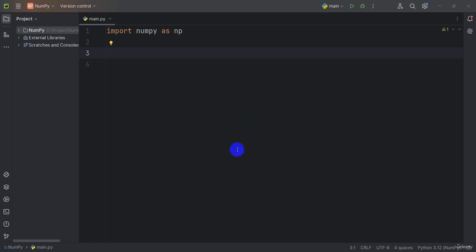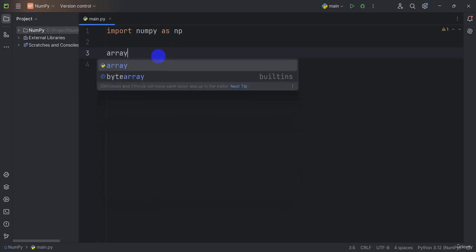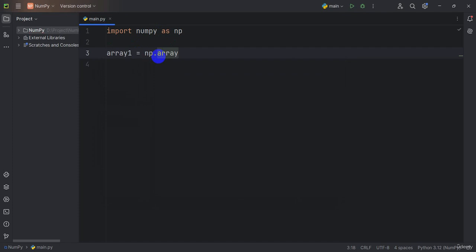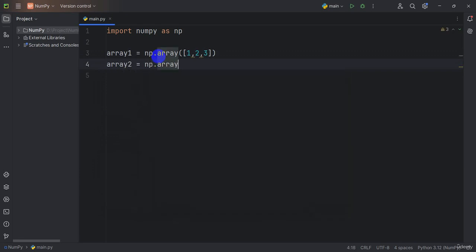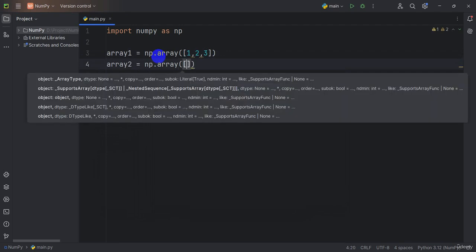You can see I've already imported the NumPy library, and I'm creating the broadcasting example. Array 1 is equal to np.array with elements 1, 2, and 3, and then another array, array 2, using np.array with square brackets and the elements 10, 20,